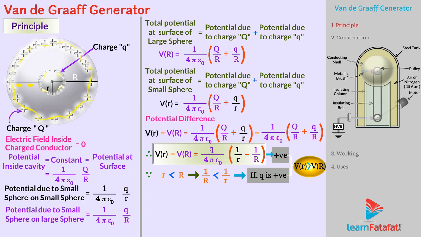Even though the charge on the outer sphere becomes greater than the charge on the inner sphere, that is, capital Q is greater than small q, still the flow of charge continues. In this way, a large amount of charge can be collected at the outer surface. Simultaneously, the potential on the outer sphere also increases to very high levels, say of the order of a few million volts, which generates a strong electric field close to the breakdown field of air, that is, 3 into 10 raised to 6 volts per meter.